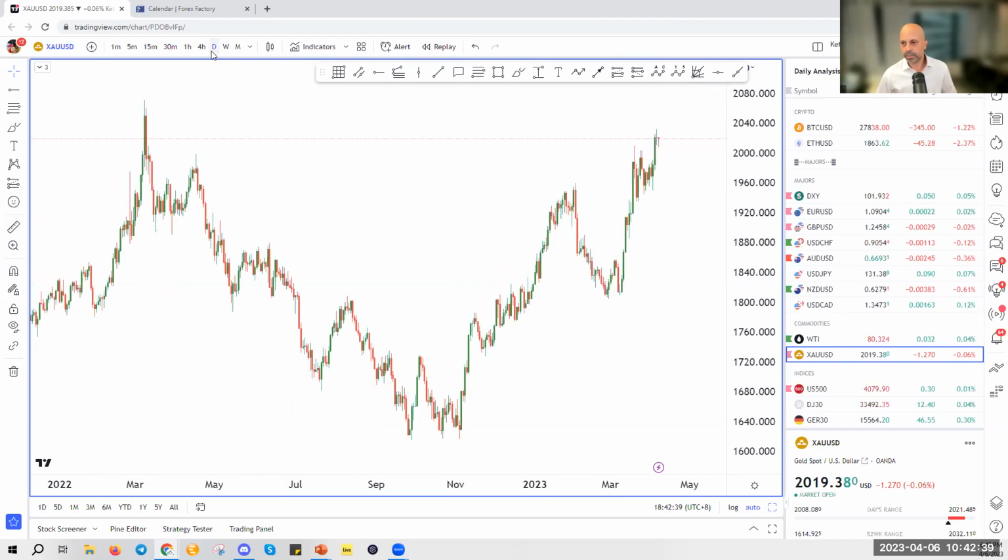Let's just quickly see the daily chart here. Okay, so gold has been falling since April of last year. It has been a strong downtrend, and it bottomed in the last quarter of last year, so October onwards. It bottomed at about 1600 and has made a very strong bounce up. And naturally, nothing goes up or down in a straight line, so we've had a pullback here,